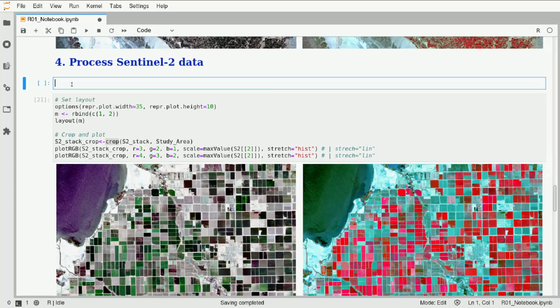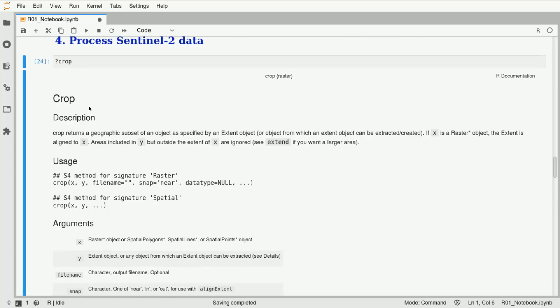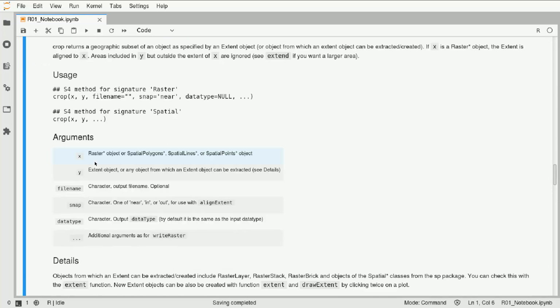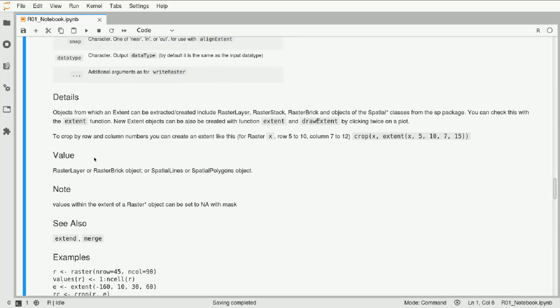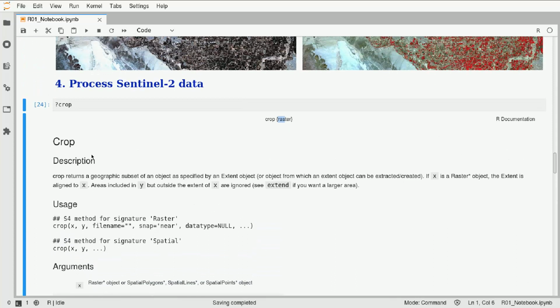In Jupyter Notebook, you can just follow the same syntax. We can write the question mark followed by the name of the function. If you do so, the documentation of the function is going to pop up, and here you can access all the information. So for example, the crop function belonging to the raster package, description, and basically all the information you might want to know. I think this is very helpful, and I think working in Jupyter and having it displayed in this way is very nice, but obviously this is information that you can also find on the internet